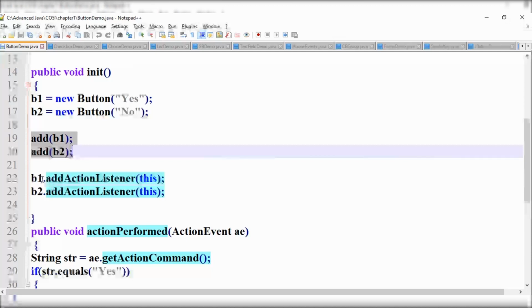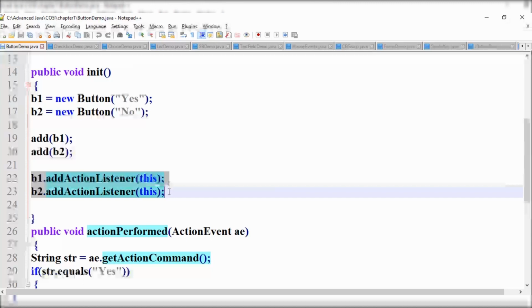Next, the third required thing in an event handling program is registration of listener. These two lines are called registration of listener. It is done by the method addActionListener with this in brackets.